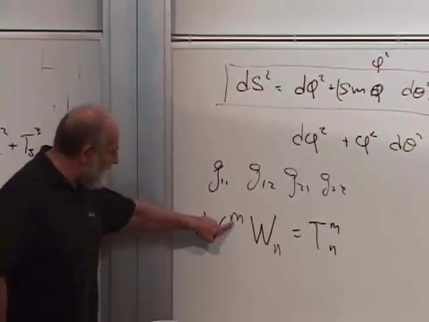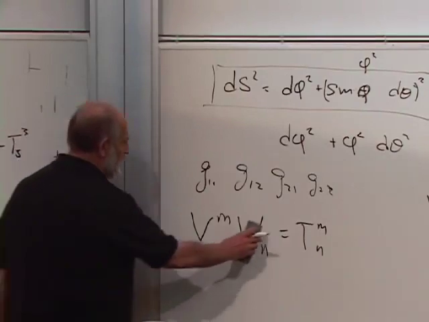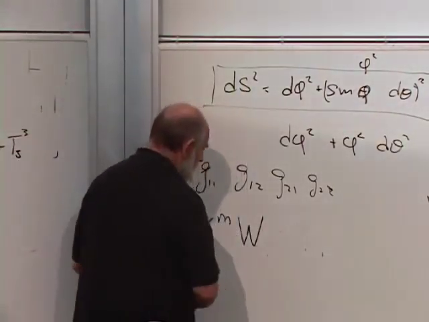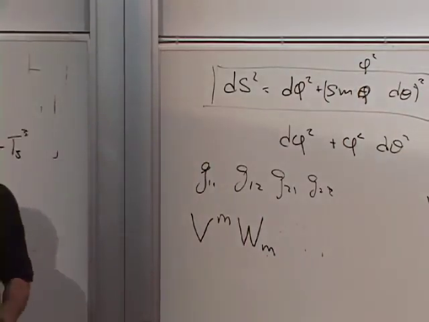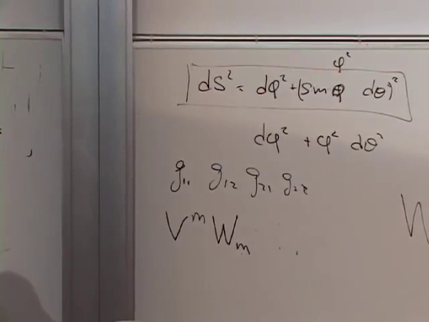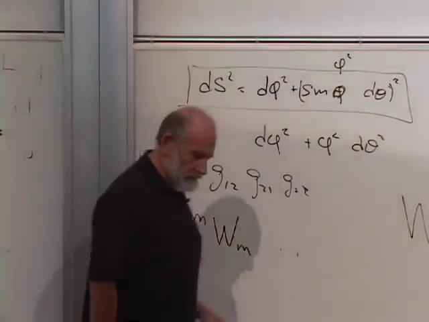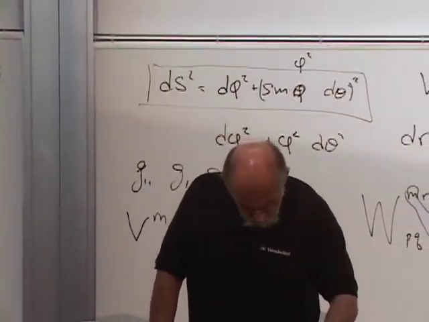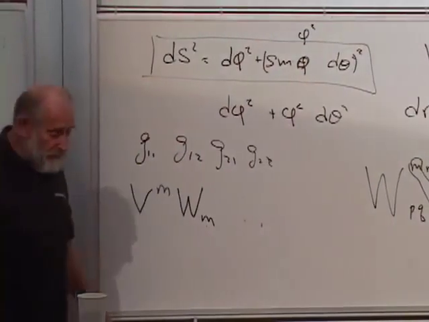If I then identify M with N and sum, that defines a scalar. What is that scalar called? That's the dot product of two vectors. It's the inner product, sometimes called the inner product between two vectors. So the inner product, and even better, supposing they're the same vector,